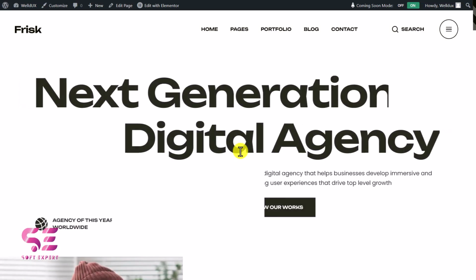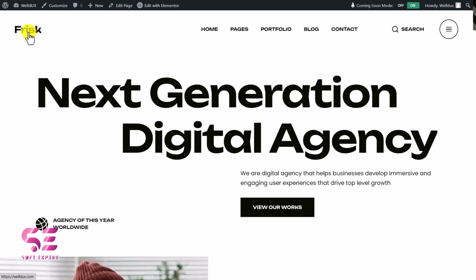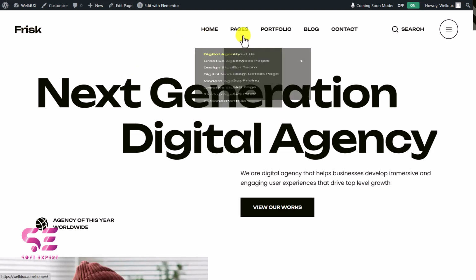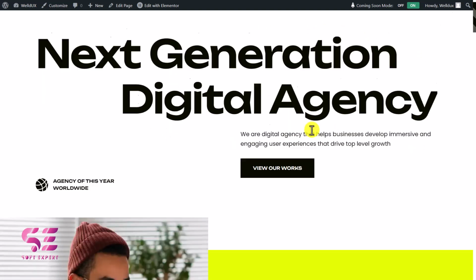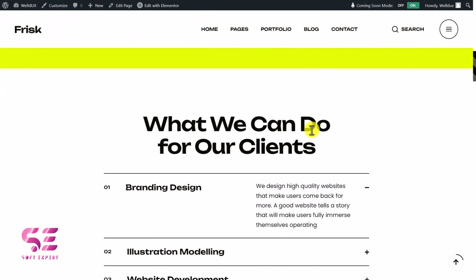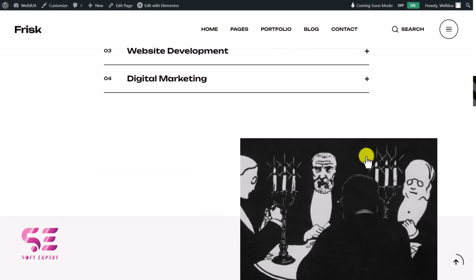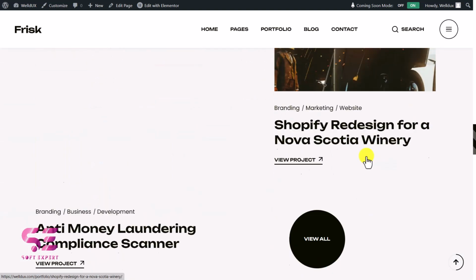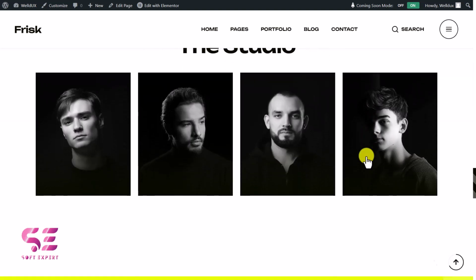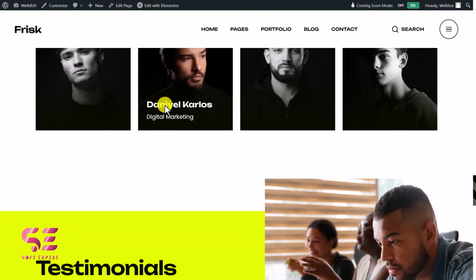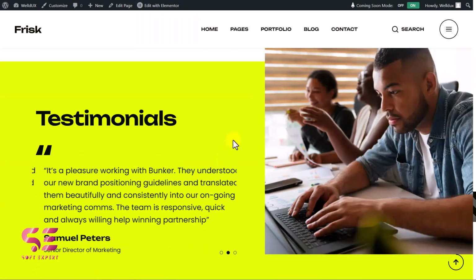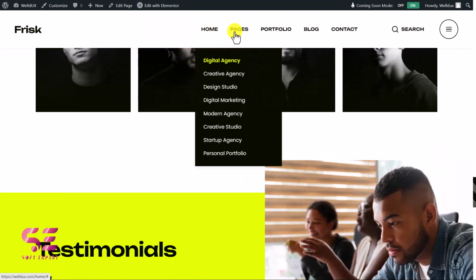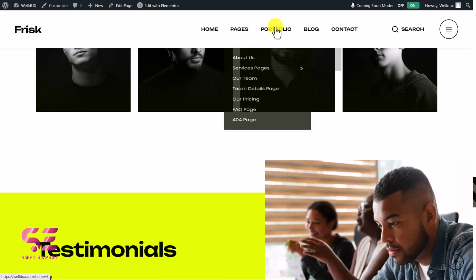This is the free loader and we got the whole website with the logo, all the home pages, all other pages, portfolio and so on. And we have all the images and also the services, portfolio items and so on that we can customize. And now how to customize this theme is we will use Elementor, which is a free drag and drop page builder. So first let's see how we can edit the main pages like home, about, our team and our pricing,